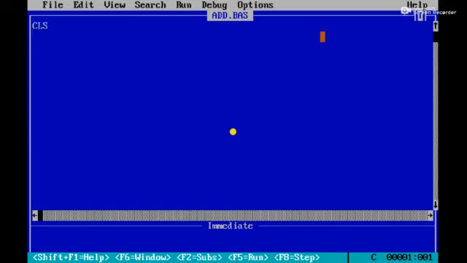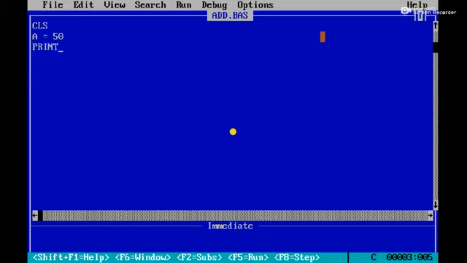First, CLS. You know what is the use of CLS? Clear screen. Clear screen is used to clear the old output which is on the output screen. The next, A is equal to 50. You know, A means what? A means variable. Here I assign the value 50 to the variable A. Okay, I want to display the value 50 of the variable A on the output screen. What do I have to do? I have to print.